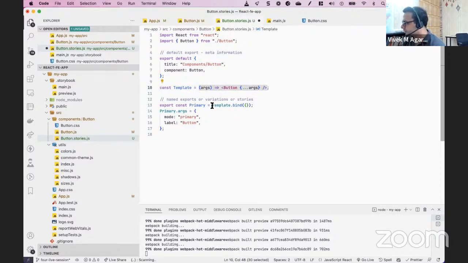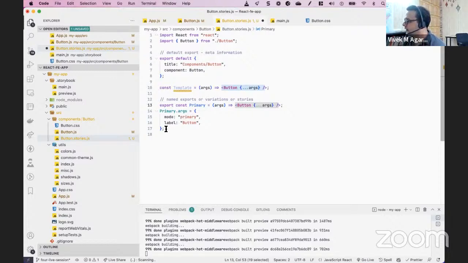सो बेसिकली आप एक नेम्ड एक्सपोर्ट करते हैं, जिसका कुछ भी एक नाम दिया आपने प्राइमरी, जो कि आप यहाँ पे देख सकते हैं, और उसमें आपको एक फंक्शन देना पड़ता है, और उस फंक्शन में जो भी आर्ग्स हम प्रोवाइड कर रहे हैं वो आर्ग्स इसको मिल जाते हैं, और आर्ग्यूमेंट्स जो भी हमें देना है, जैसे कि उसका मोड सेट करना है हमें प्राइमरी, उसका लेबल सेट करना है बटन, वो सब हम इस तरीके से यहाँ पे सेट कर सकते हैं। तो ये बेसिकली प्राइमरी इज अ फंक्शन दैट टेक्स इन सम आर्ग्स एंड वो आर्ग्स को वो स्प्रेड कर देता है बटन पे, सो दैट हम अलग अलग कॉम्बिनेशंस को शोकेस कर सकें।